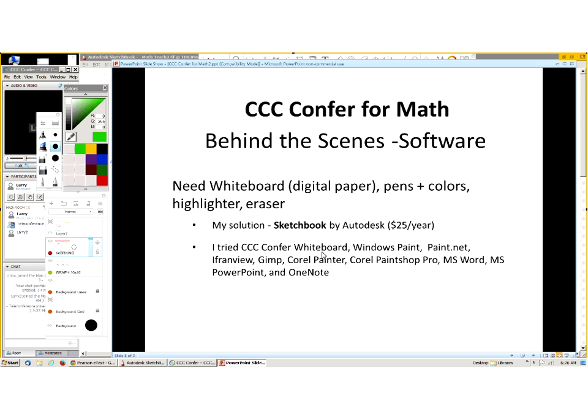Other whiteboards that I tried were the Confer whiteboard, which was much more limited than what I wanted. I looked at Windows Paint that comes with Windows, and then three free paint programs, Paint.net, IrfanView, GIMP. All three of those are free. I tried those, didn't have quite what I wanted. I tried Corel Painter, Corel Paint Shop Pro, which I have on my computer, not quite what I wanted. And I tried Microsoft Word, Microsoft PowerPoint, and OneNote, and